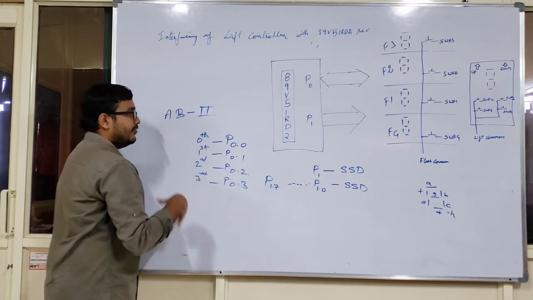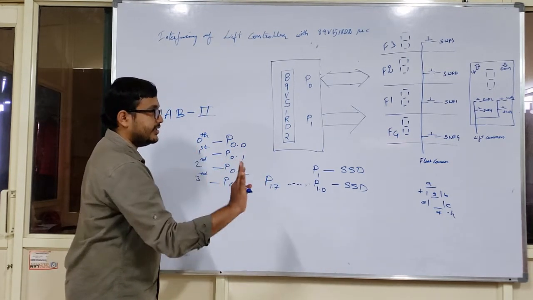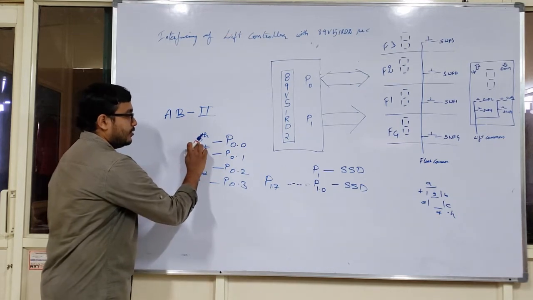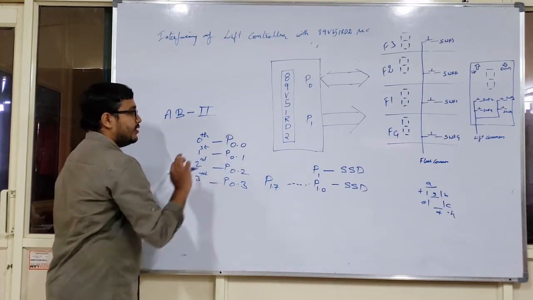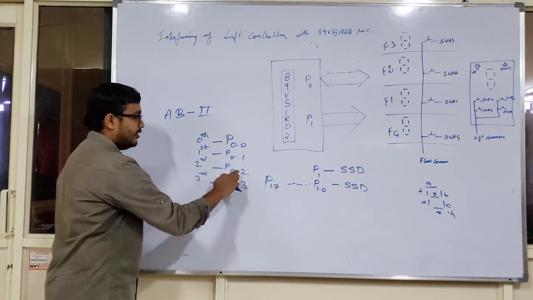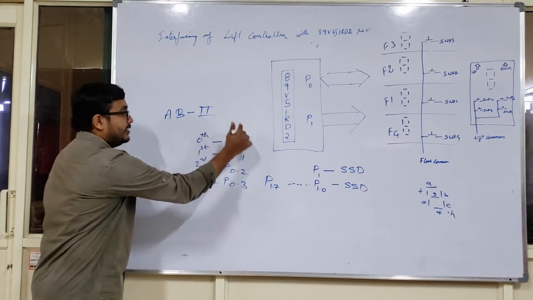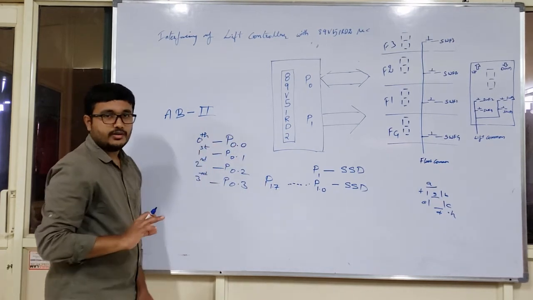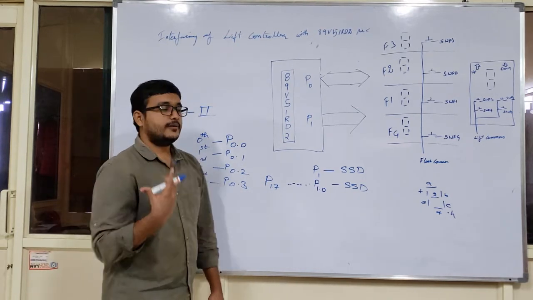Or otherwise, when you enter inside the lift, you can see 4 buttons, 0, 1, 2, 3. If I want the 0th floor, P0.0 will take care of it. And for the first floor, the P0.1 pin will take care of it. Second floor and third floor respectively. That means the lower nibble I have completely utilized for the buttons, so this lower nibble is acting as an input.